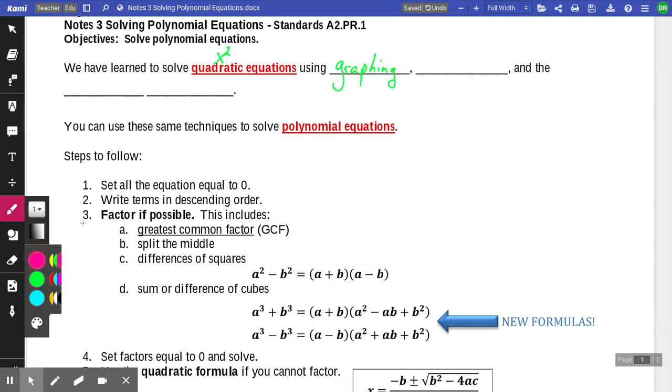But we've also done this in two other ways. One of those, a big one, was factoring, which remember is breaking a polynomial down into factors that multiply back to it. And then the third strategy that we used with quadratics was the quadratic formula,